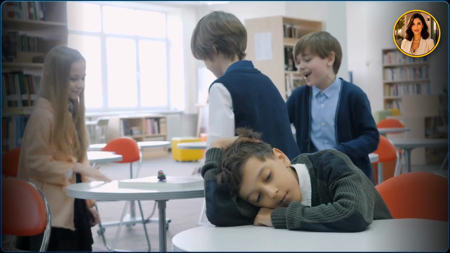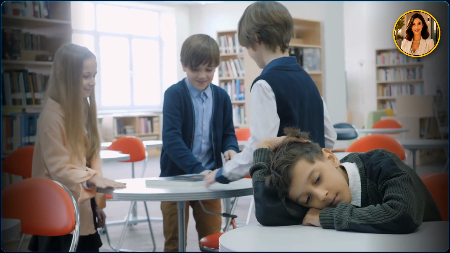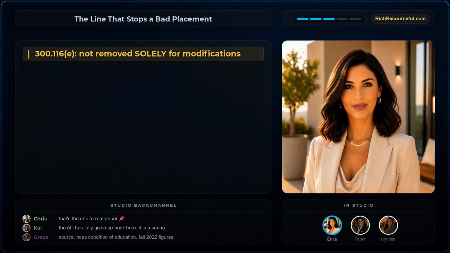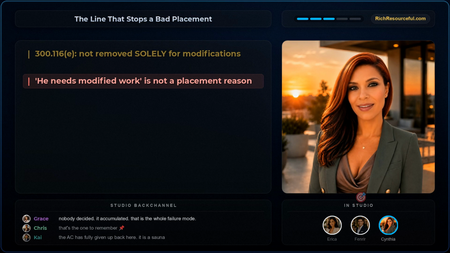Start at the outcome. A 5th grader reads 3 years below grade level. The team writes modified assignments into the IEP. 2 weeks later, he's out for reading, then math, then science. Nobody made a decision. It accumulated, the way the schedule builds. Forget the schedule. Go to the first move. Somebody decided modified work is easier to deliver somewhere else, and paragraph E aims straight at that assumption.